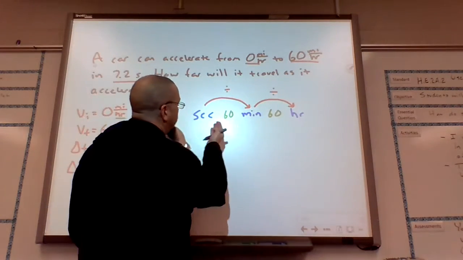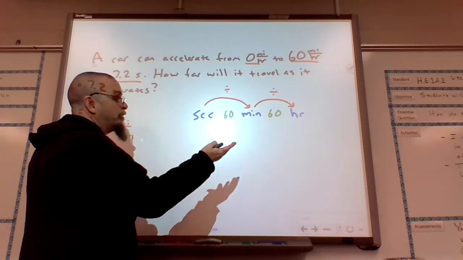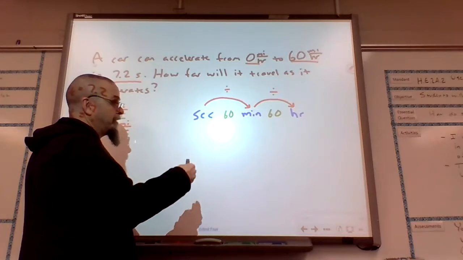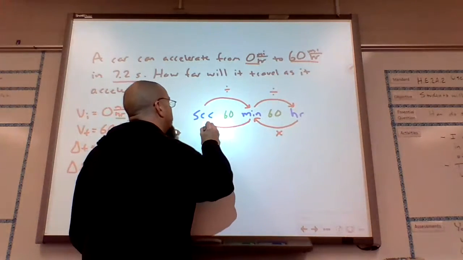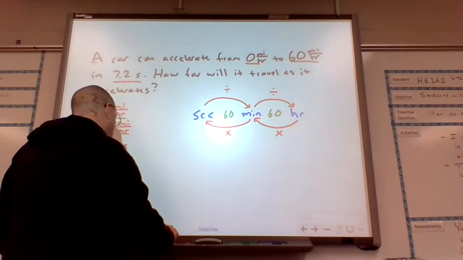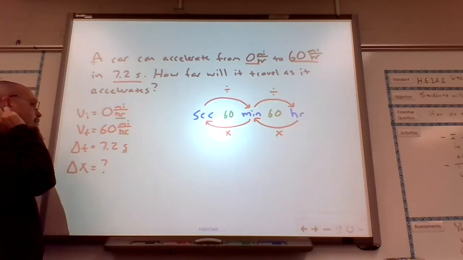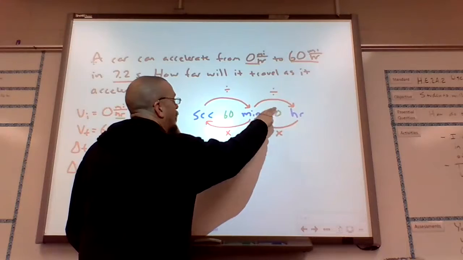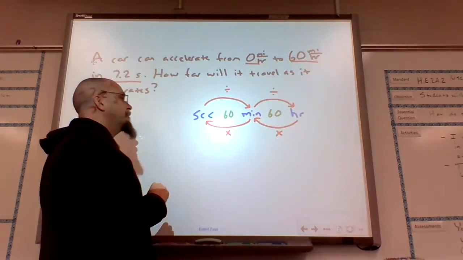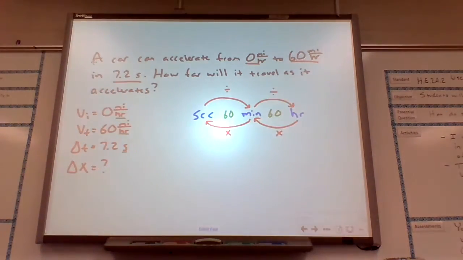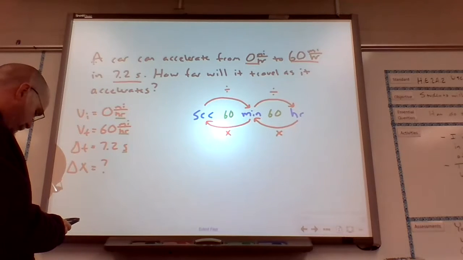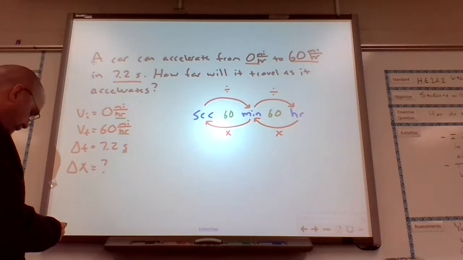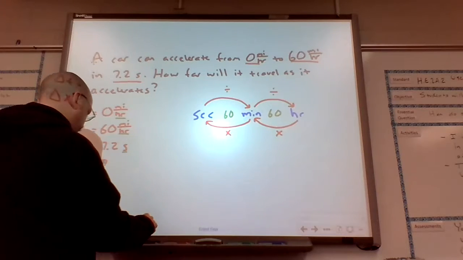If we're going from big unit to small unit, we're reducing the size of the unit, we have to increase the size of the number. If we're going this way, we would multiply to make the number bigger. So we are going from seconds to hours. We're going from small to large. We're going to have to divide our number here to make it small. So 7.2 divided by 60, divided by 60 again, is 2 times 10 to the negative third,